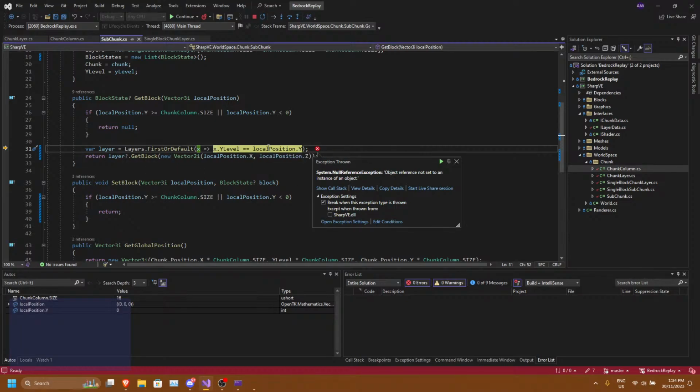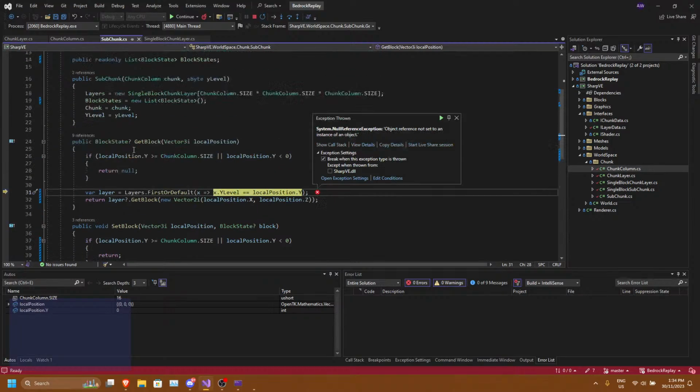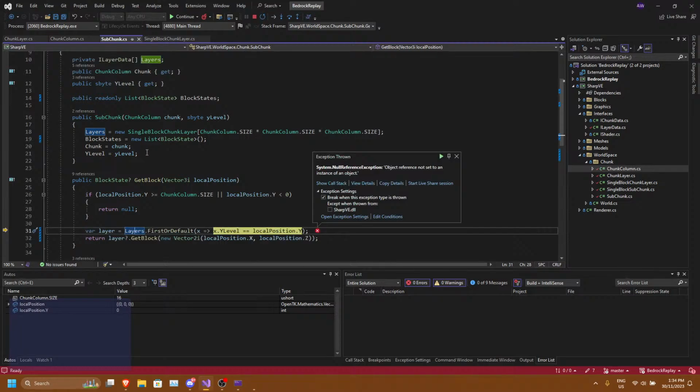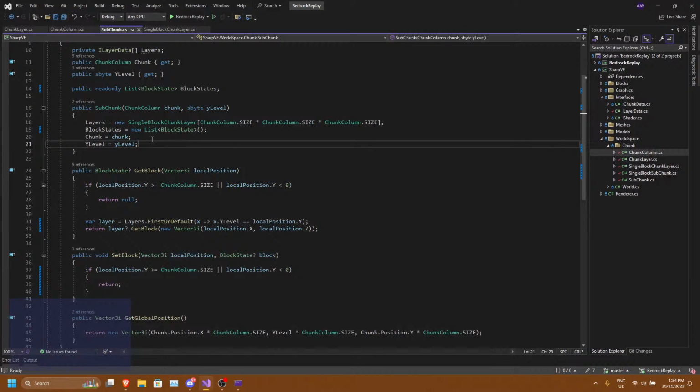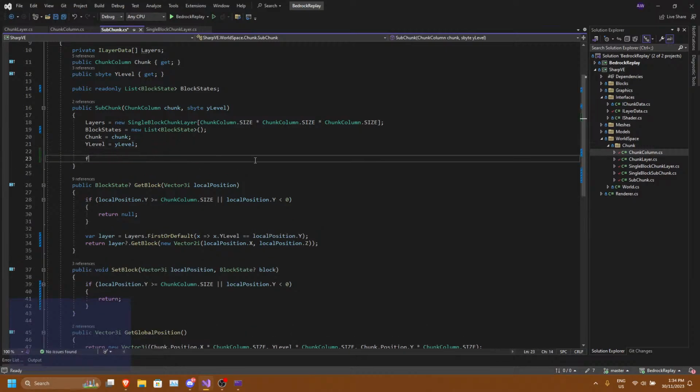Object reference not set to an instance of an object. What does this mean? Why is X null? Oh, that's an issue.